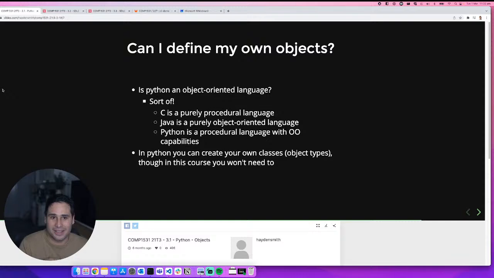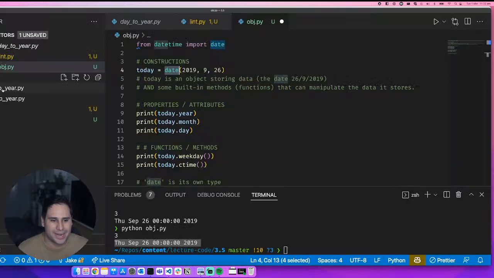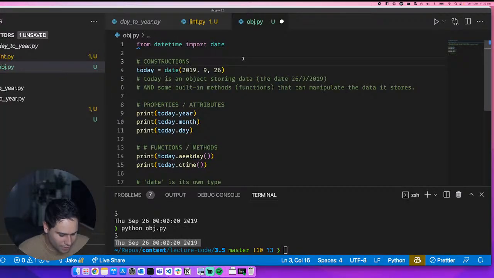So that's why if you ask, is X an object in Python? The answer is almost always yes, because everything in Python is an object. So the data store, no matter what it is, basically will be an object. But it's not a custom object. And just to prove that point,